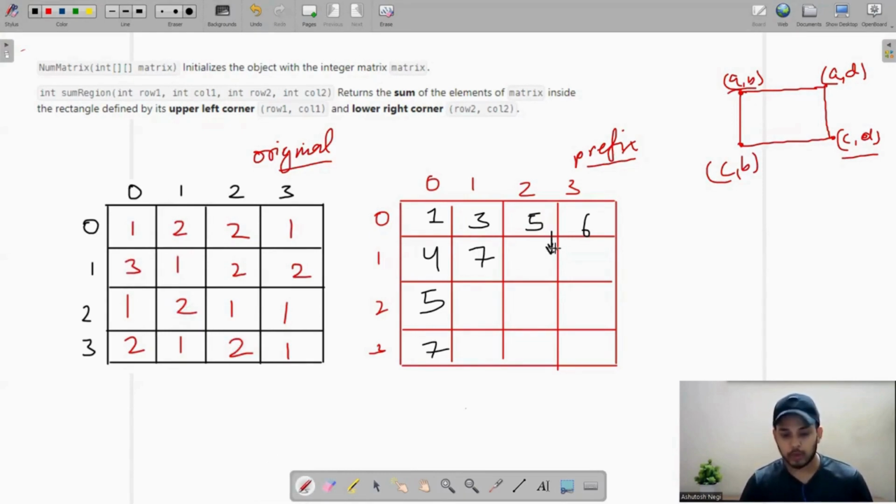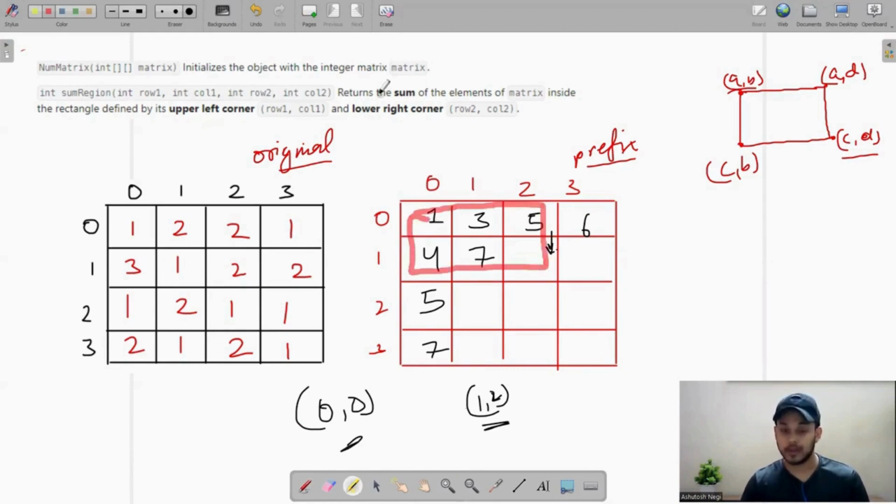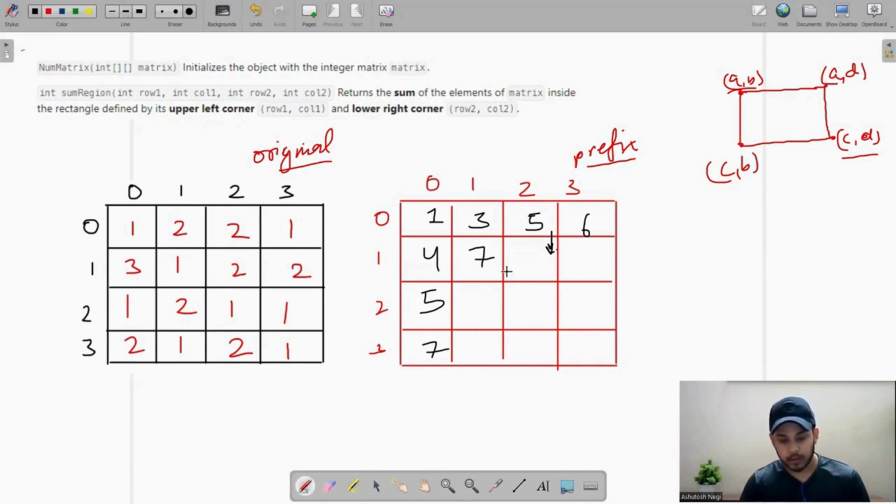So I'm talking about this point. This point is 1, 2. So I have to store the sum of all the elements present in the region covered by point 0, 0 and point 1, 2. It means this region, correct? If I store this value 5 here, it means I have covered this region, correct? If I add this 7, it means now I have also covered this region,